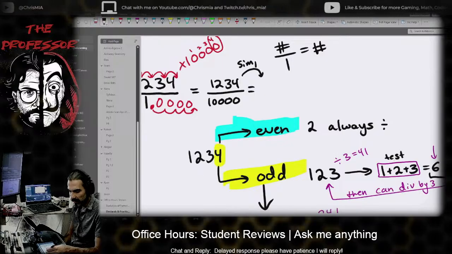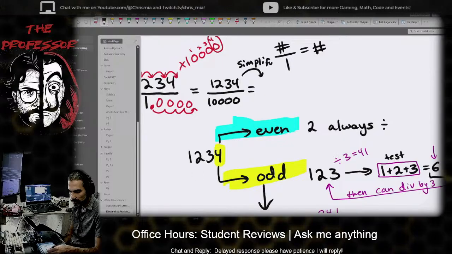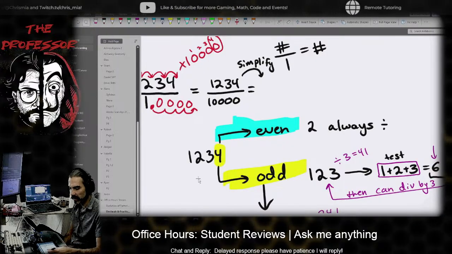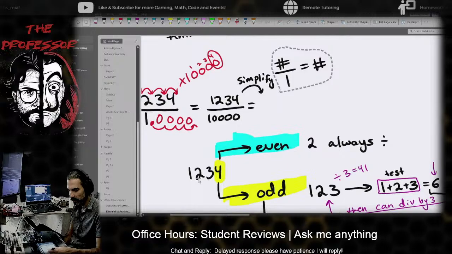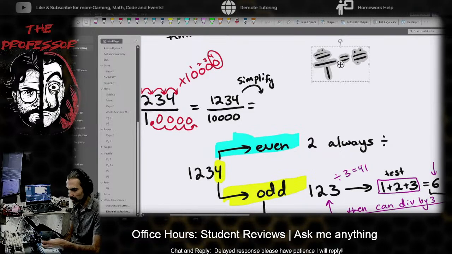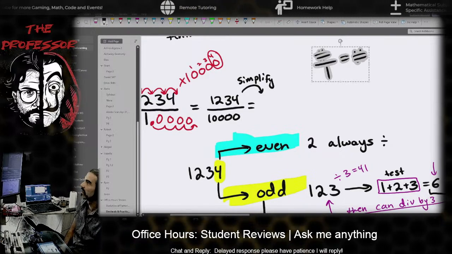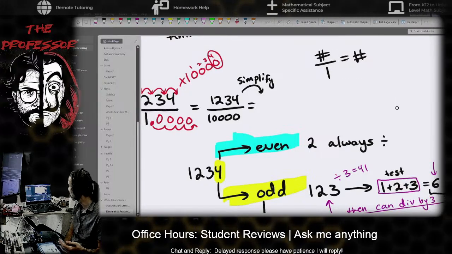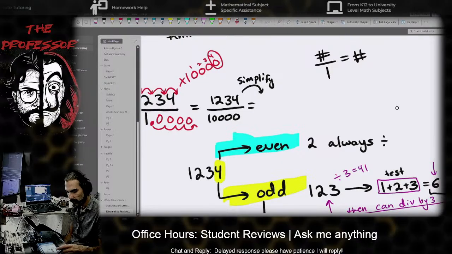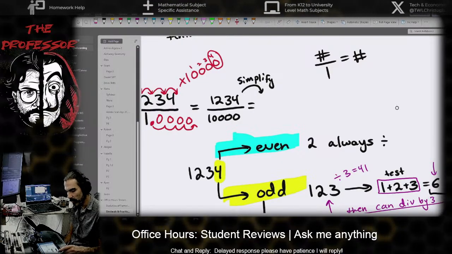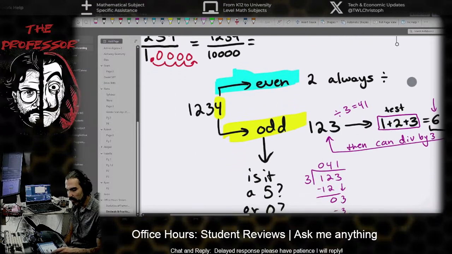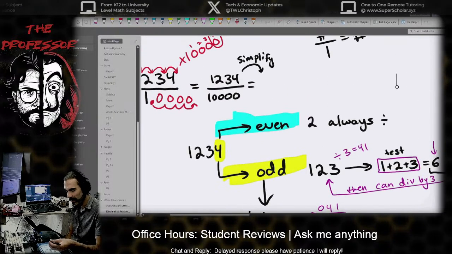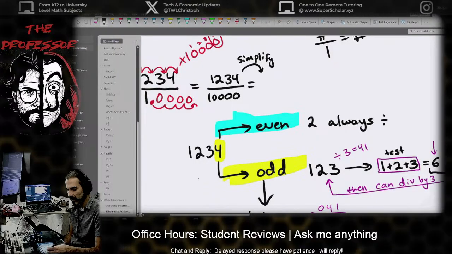So when we say simplify, just make it simple for you. A smaller number would be the case for simplification here, because why would you want to interact with large numbers? Why would you want to multiply this by anything? Why would you want to divide this by anything? We just want to simplify, make it smaller. So there's a couple of factors that we can do when we're dealing with simplifying. The first idea is that we're always dividing down.